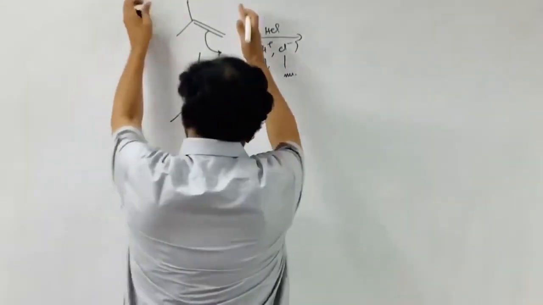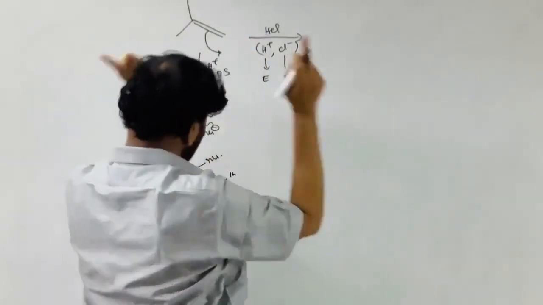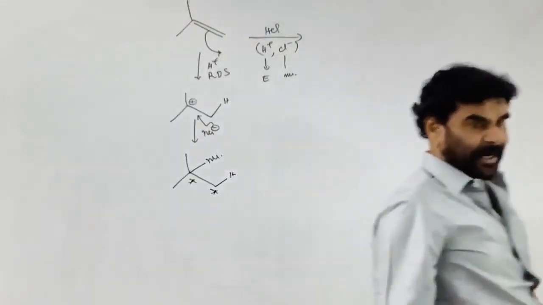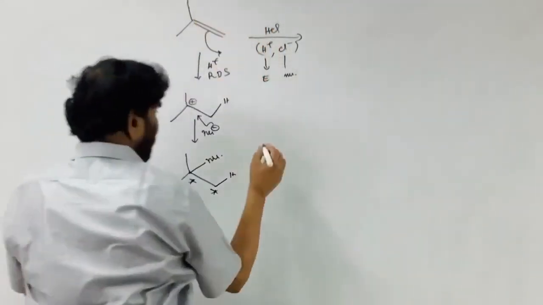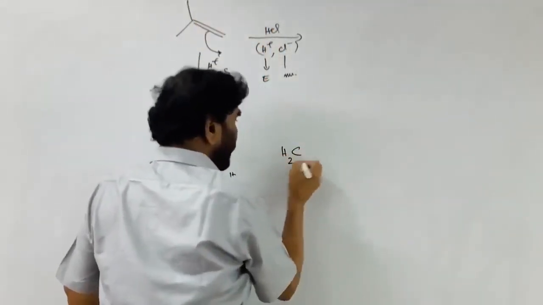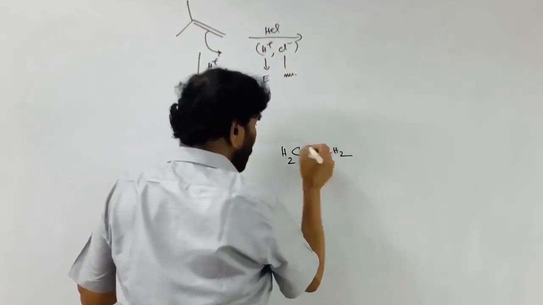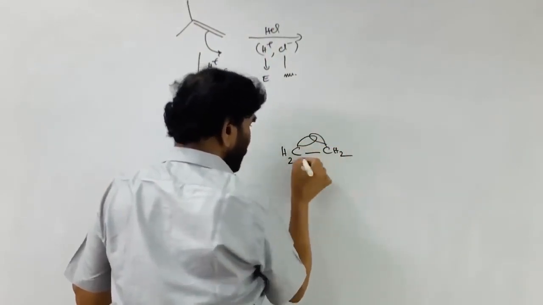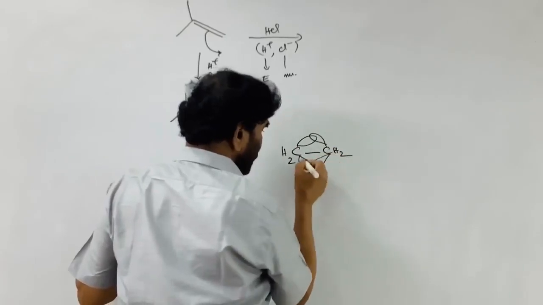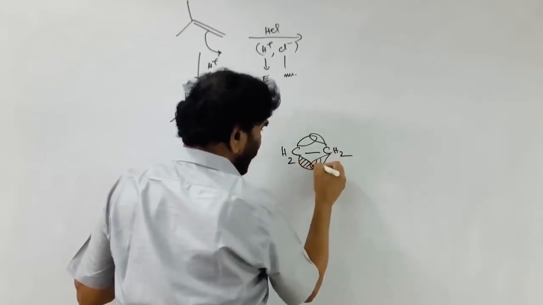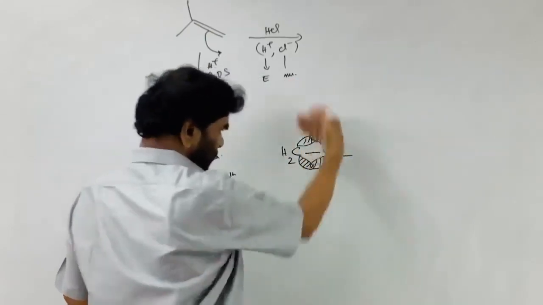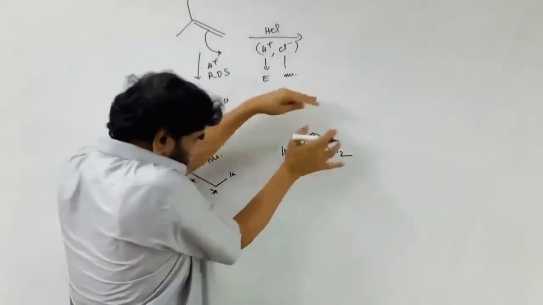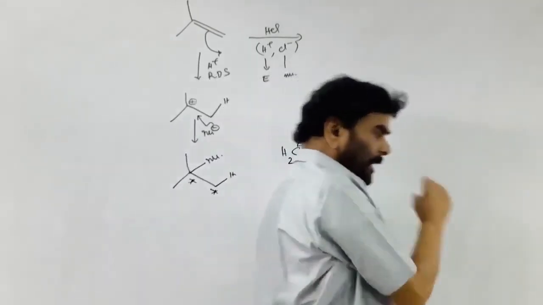Why is it not participating in nucleophilic addition reactions? Here this is the electron density center, so the nucleophile cannot approach. There is no approachability for the nucleophile because of the pi electron cloud. This is the cylindrical pi electron cloud, not the cross section. This is a cylindrical pi electron cloud that is negatively charged.